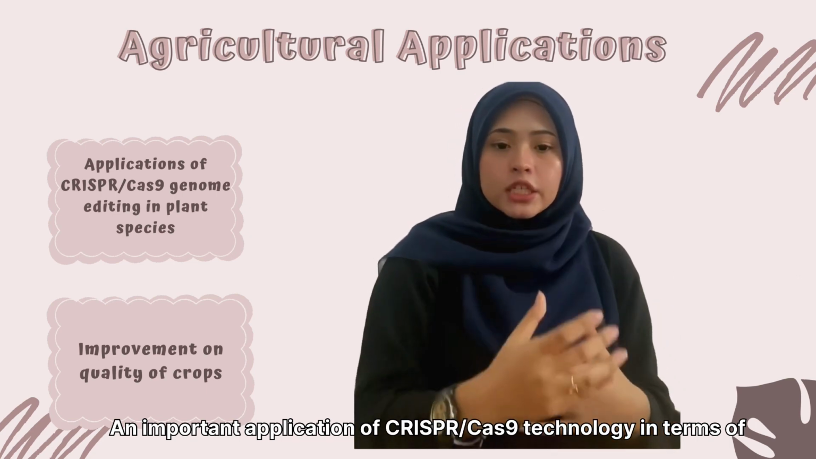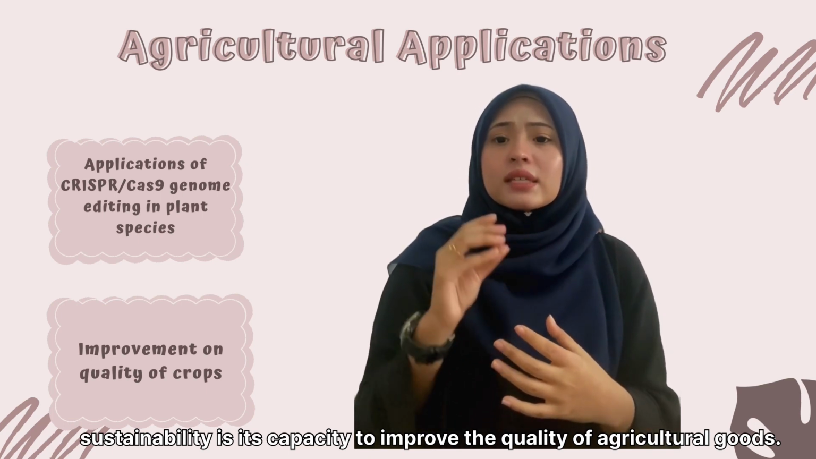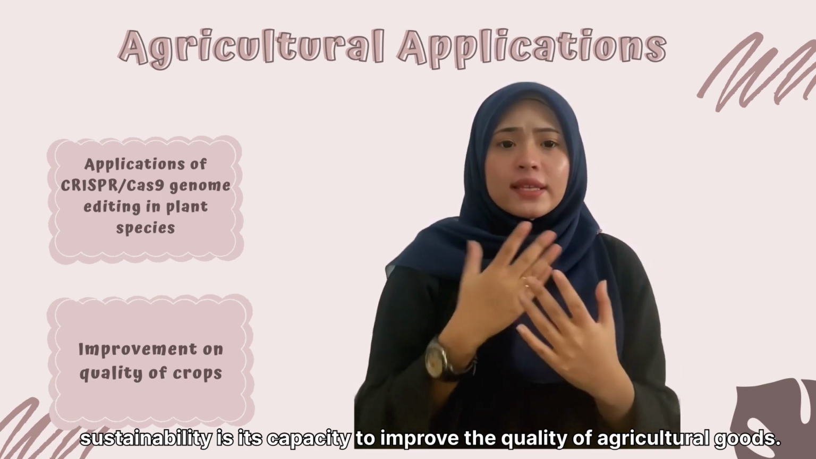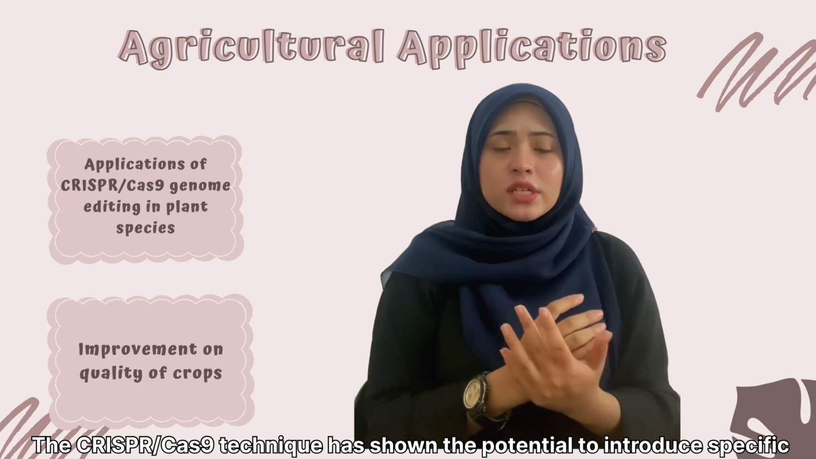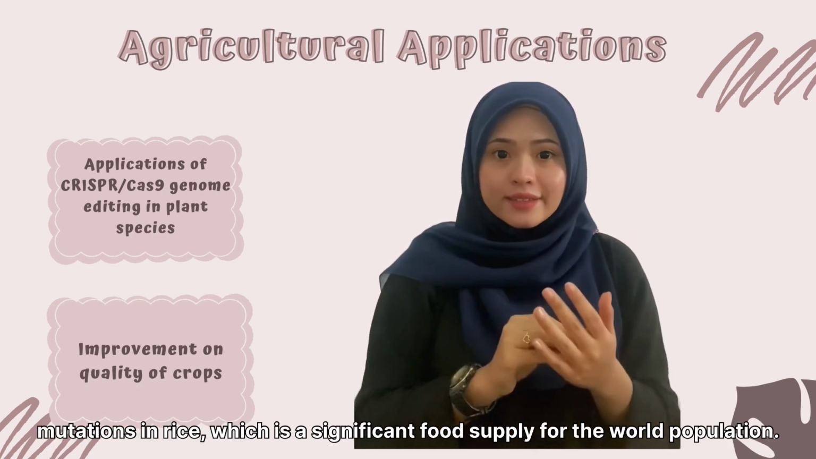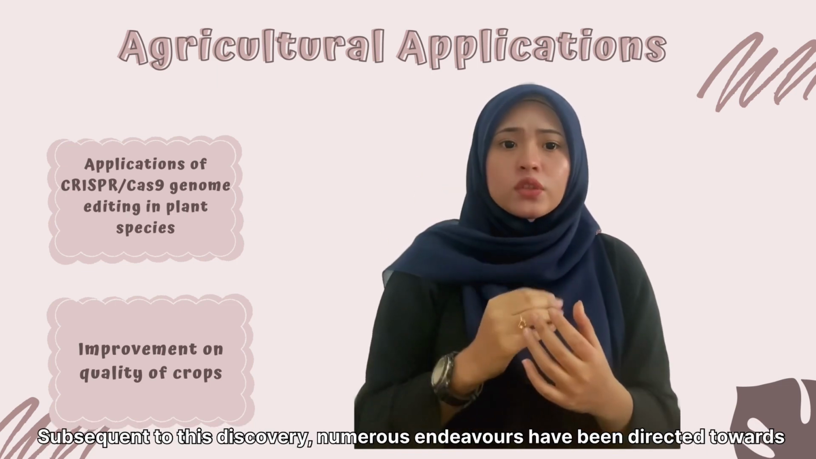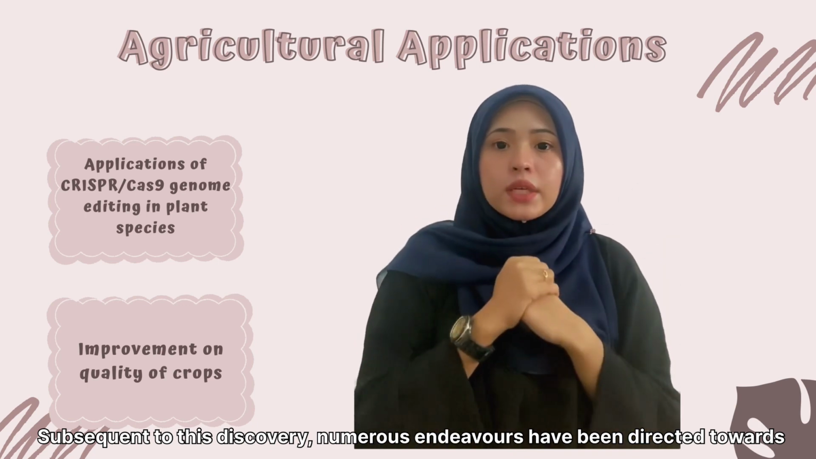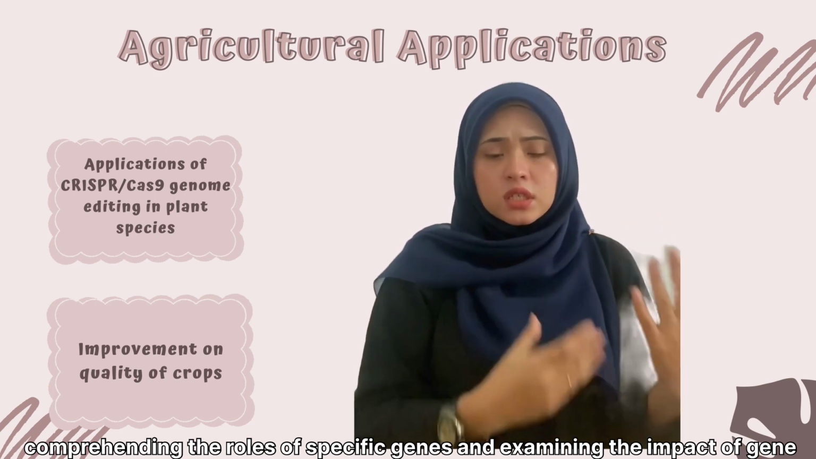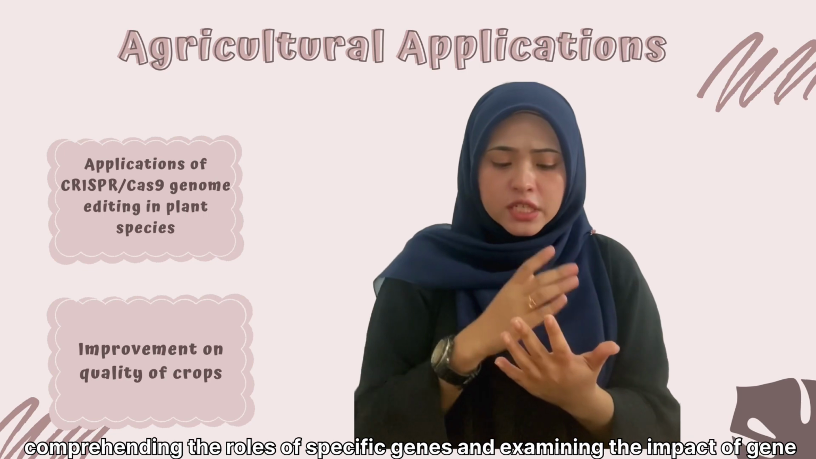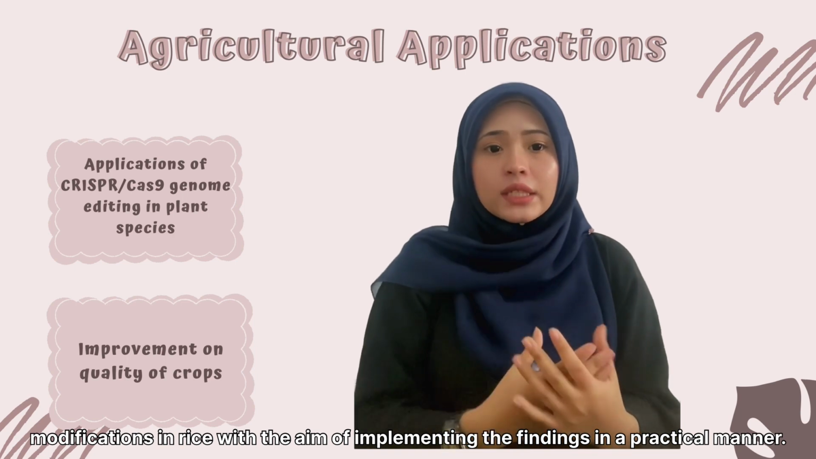An important application of CRISPR-Cas9 technology in terms of sustainability is the capacity to improve the quality of agricultural goods. The CRISPR-Cas9 technique has shown great potential to improve specific mutations in rice, which is a significant food supply of the world population. Subsequent to this discovery, numerous endeavors have been directed toward comprehending the role of specific genes in examining the impact of gene modification in rice,